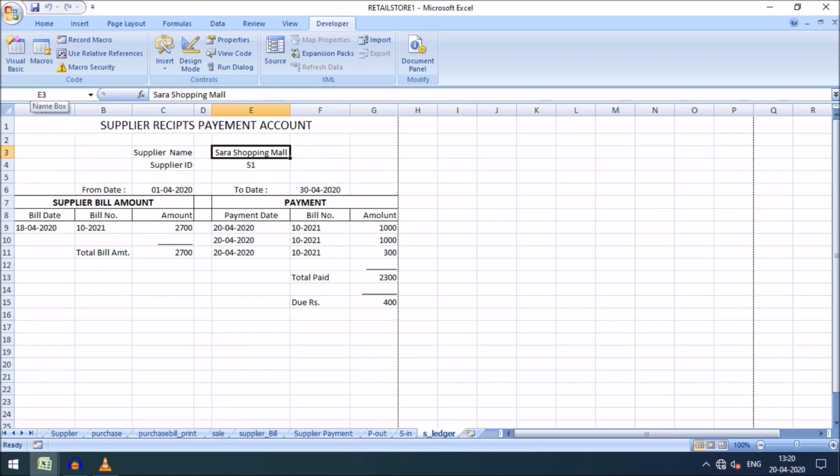This cell address will hold the value of combo box 1 dot value, that is the supplier name, and this cell value, that is E4, will hold the supplier ID. And here this is C6, the starting date, and F6, the to date. They will hold the values.